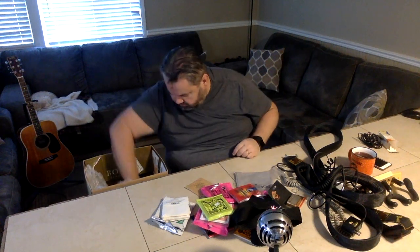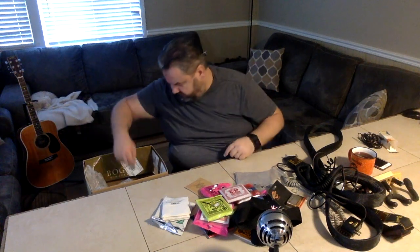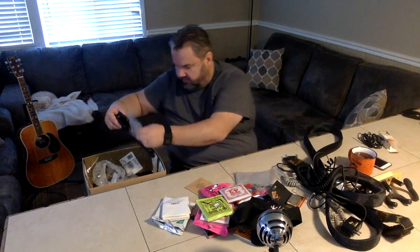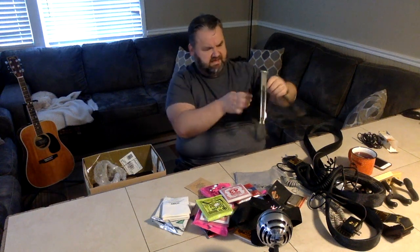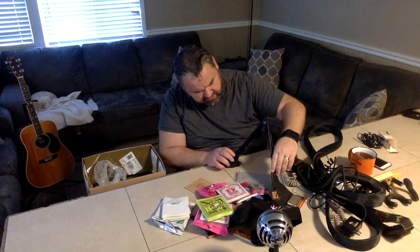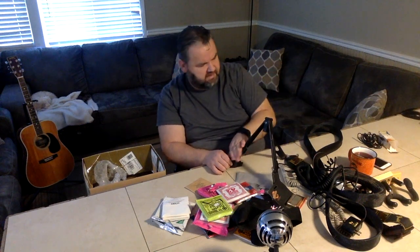More guitar strings. These are GHS. More guitar strings, Ernie Balls. A lot of those now. What else is in it? Oh, this is an interesting looking guitar stand. It's one of those tripod stands. I don't know why he put tape at the bottom. Maybe it's damaged. I don't know. But it's one of those stands, I guess, where you put it like this and then you put the guitar there. I'll have to figure this out because it doesn't look like there's a place where you put the guitar. It looks kind of slippery, so I'm not sure what this is actually,